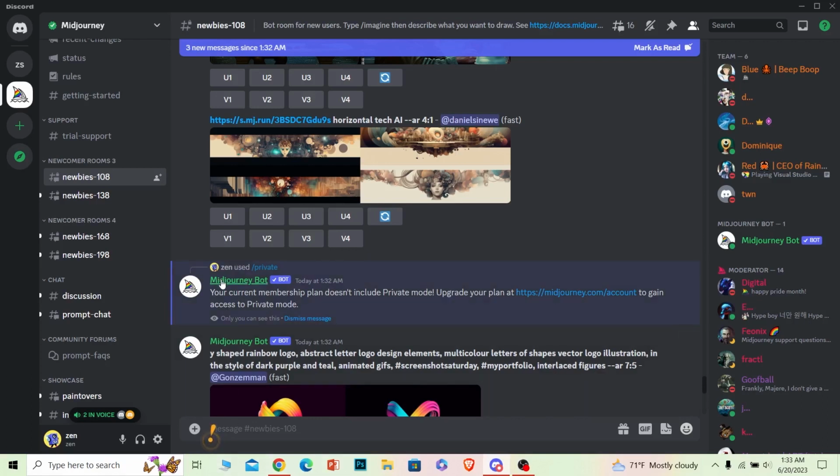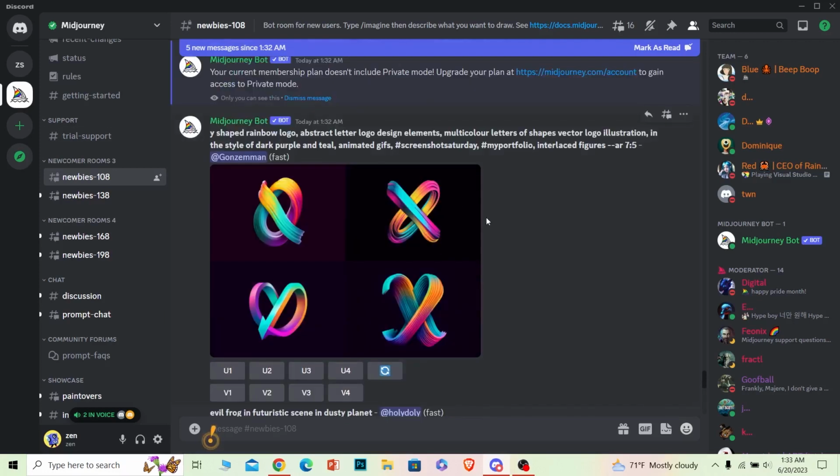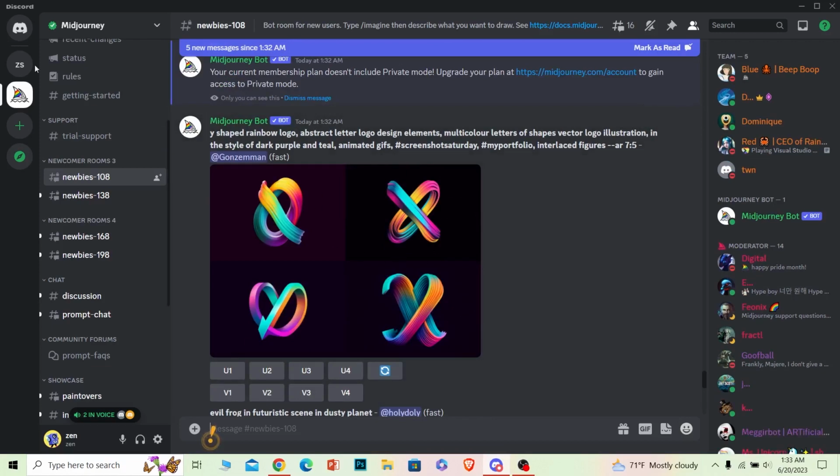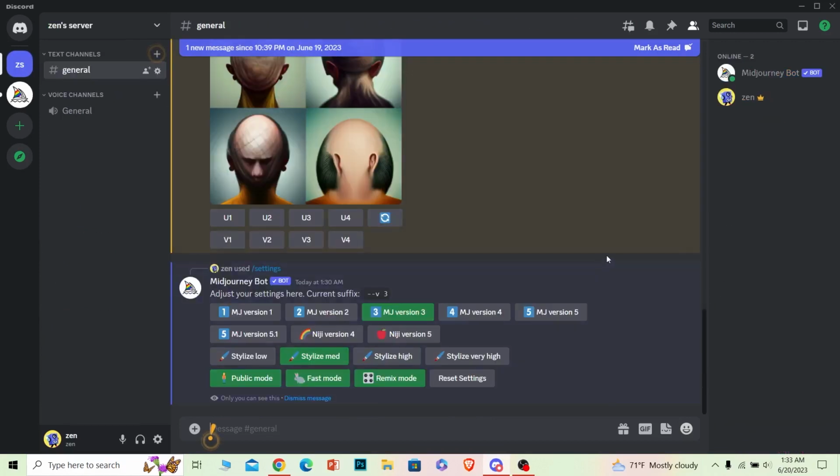But if you still want to go into private mode, what you can do is add Midjourney bot to your server. So this is the public server of Midjourney. If I create something, anybody can see it, but I have already added Midjourney on my server. We also have a video on how you guys can add Midjourney on your server. You can watch that video, add Midjourney to your server and use it privately if you don't want the premium version of